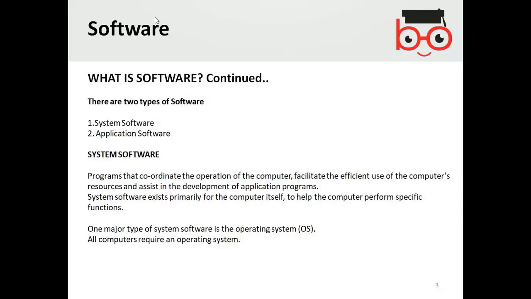Yes. In simple words, the system software is used to run the computer. Without system software, the computer cannot run. And a type of system software is the operating system.